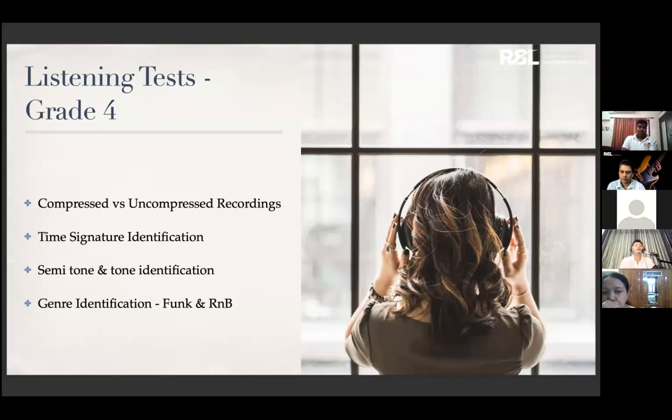to grade 4. The reason we are talking about semitone and tone identification and what kind of genres we want students to know exist is because if you are hearing incorrectly, your references are all wrong, and you won't know how to implement what you've learned. For example, as a music producer, a singer might come up to you and say, hey, I want a funk track. I want you to produce me a funk track. But if poor little you don't know what a funk track is,